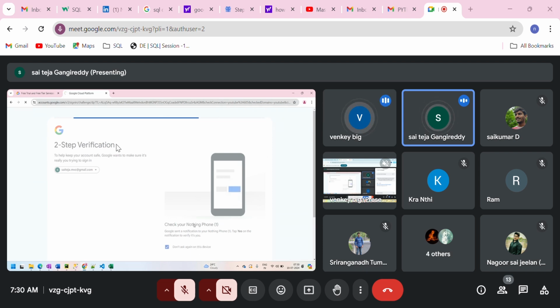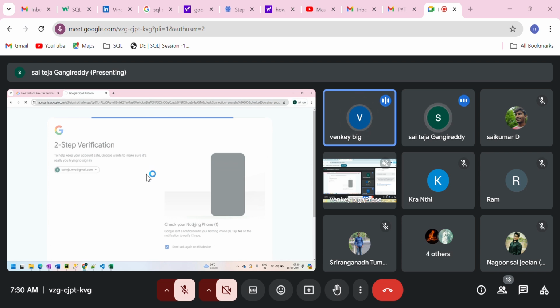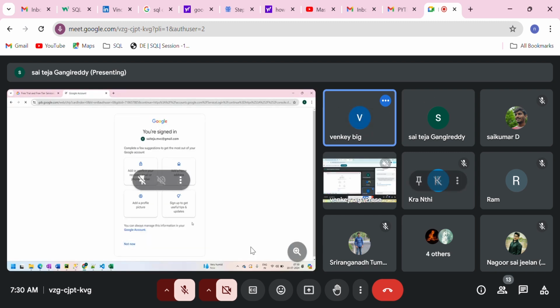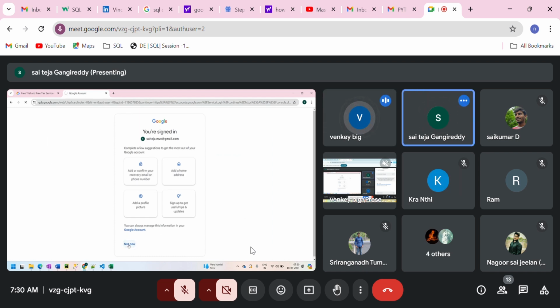Okay. So once you open this link, you need to click on get free trial, and then you need to log in to your Gmail account. Okay. So then it will take you to Google Cloud Console.